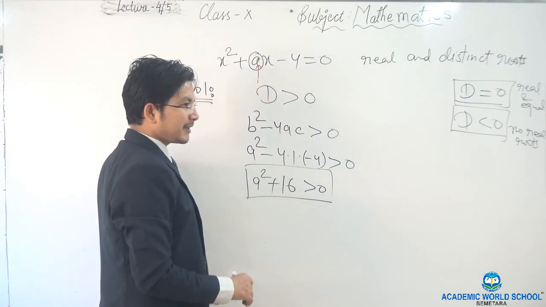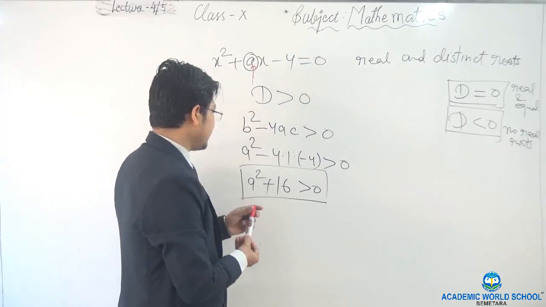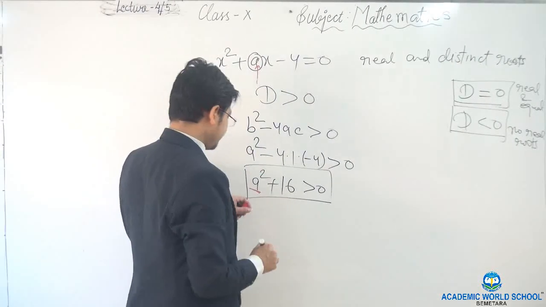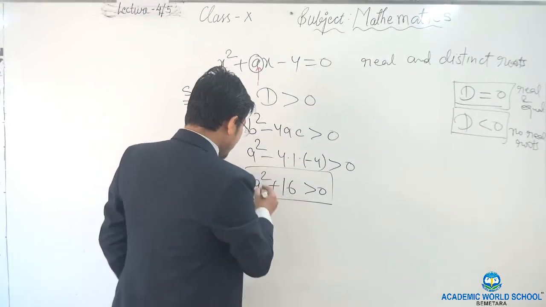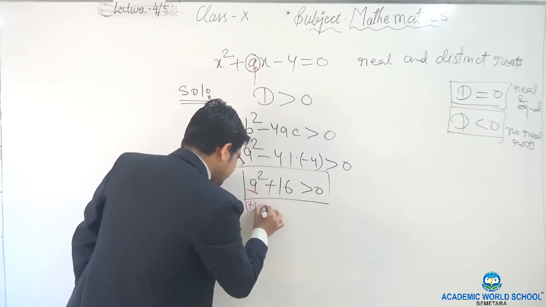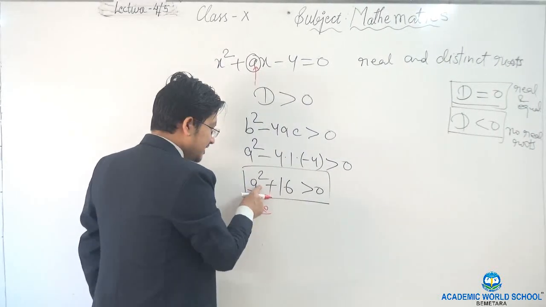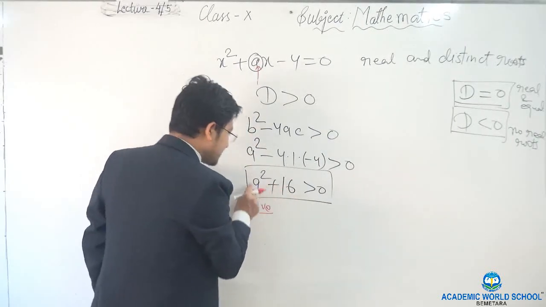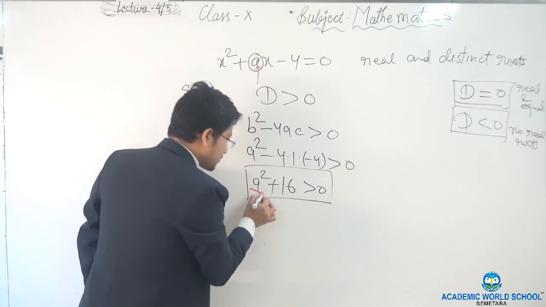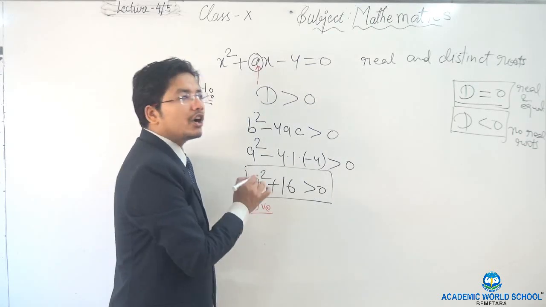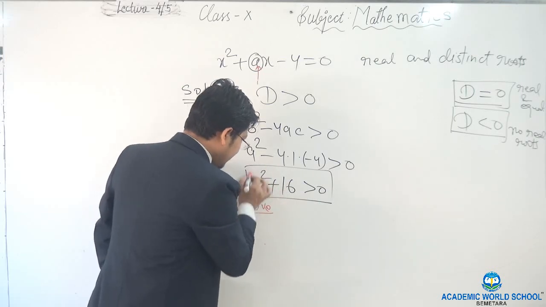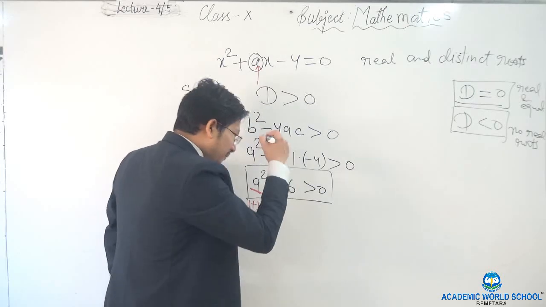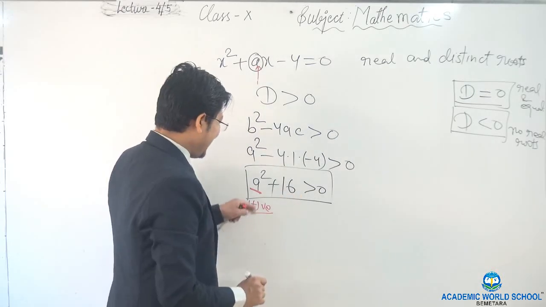So this is the condition I am getting. Now please listen very carefully. This is a square, and this is a square. Since this will always be positive, and something positive plus 16 is something positive. This is a square. The square of any number is always positive, so this will be positive. And positive plus 16. So of course, whatever value of a you substitute, any value of a